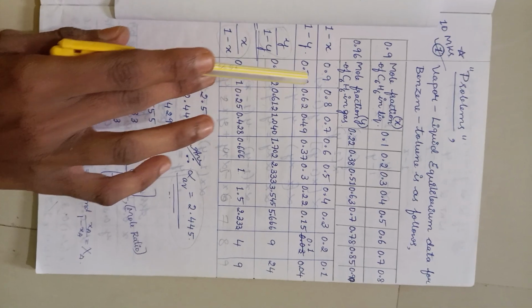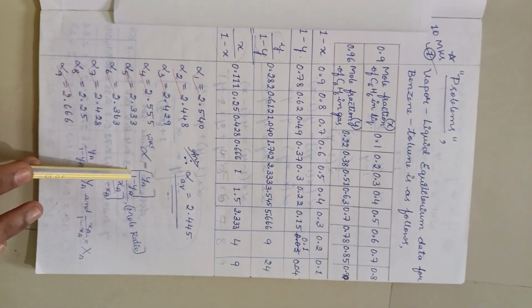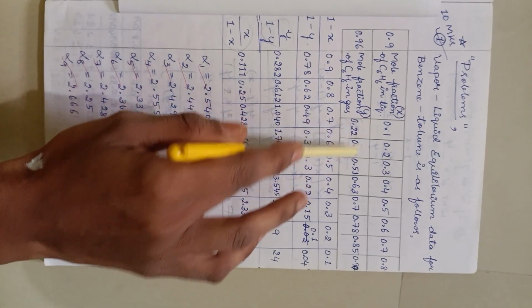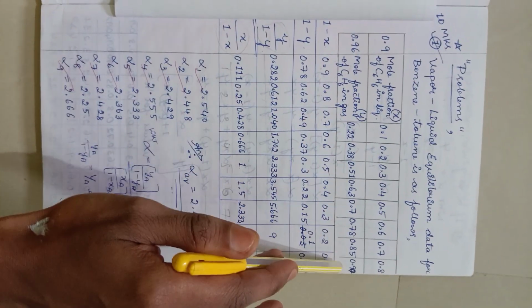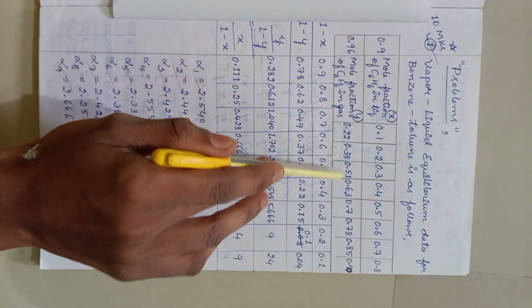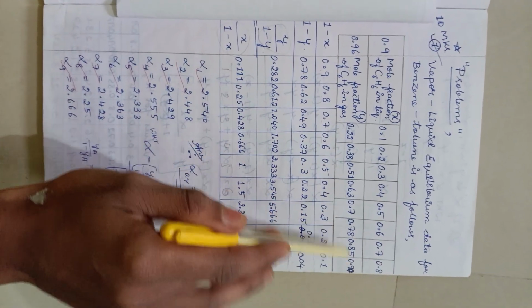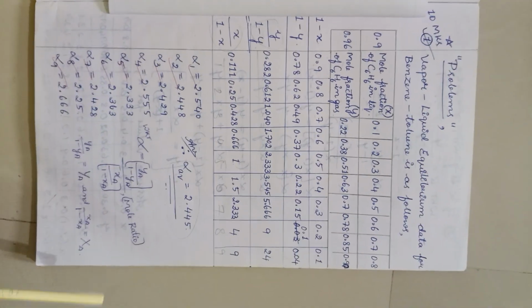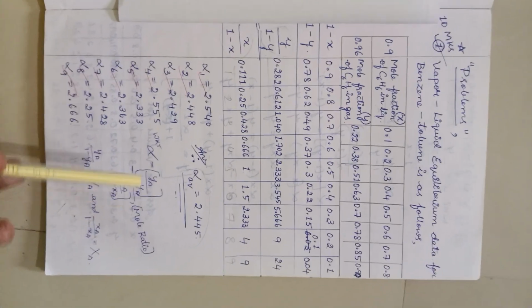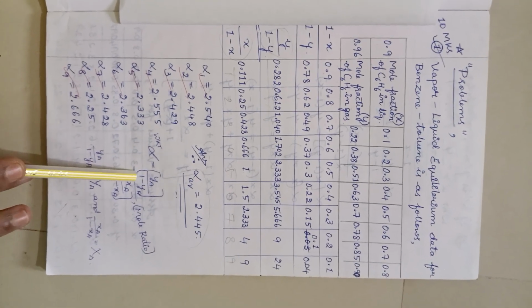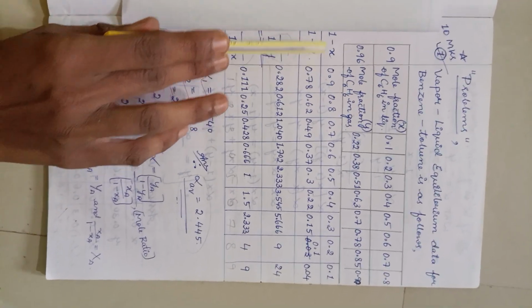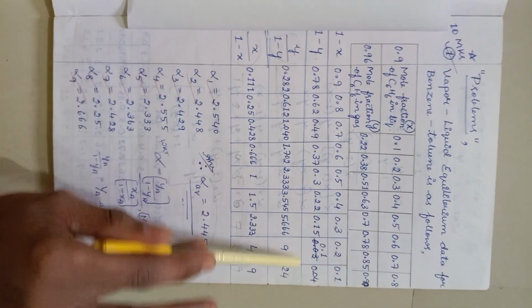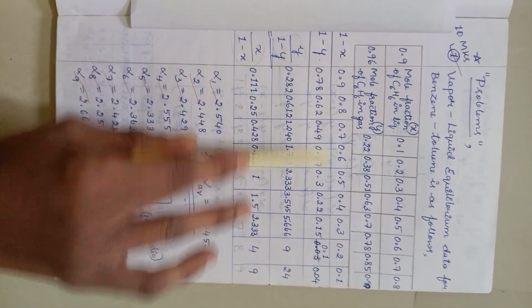So we have all the values here, but for this what you need is 1 minus YA. Value is given. So YA, Y1, Y2, Y3. So all these are Y1, Y2, Y3, Y4, Y5, Y6, Y7, Y8 and Y9. So these are all the values you have to get hold of. Then you have to get 1 minus Y value. So 1 minus X value, 1 minus Y value, you first need to find out and make the table out